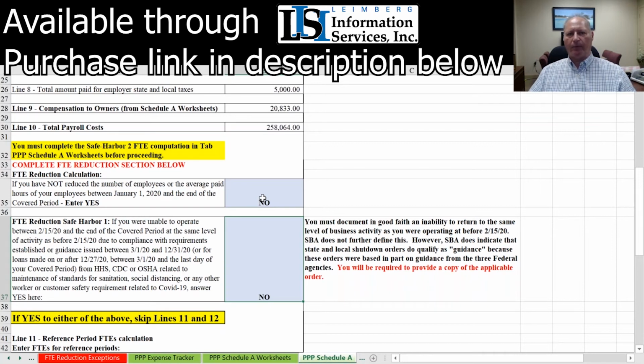business. So for example, if you operate a dental practice in the state of Florida, all dentists were ordered to shut down non-essential dental services for a period of time during the initial period of the pandemic. And so because that was likely during the period February 15th on, including at some point during their covered period, if you will, then they automatically don't have to count their FTEs any longer, so they can answer yes to